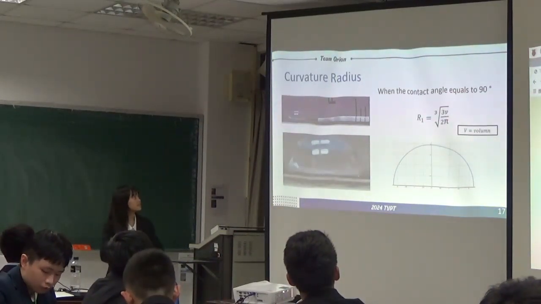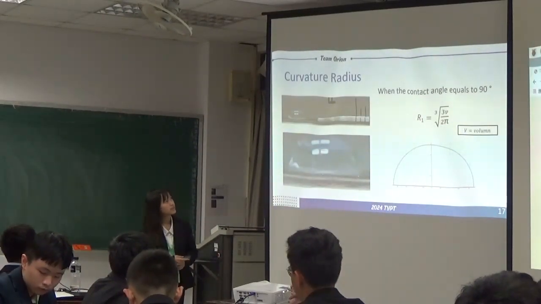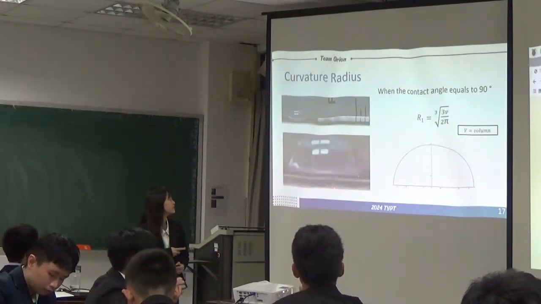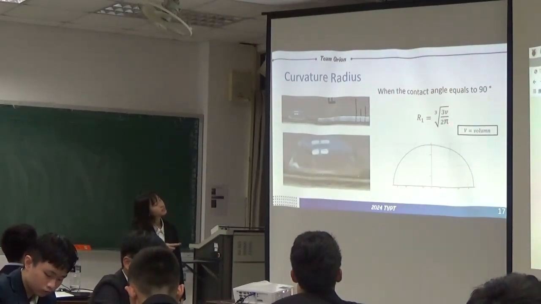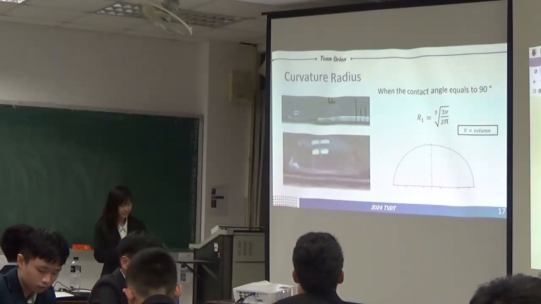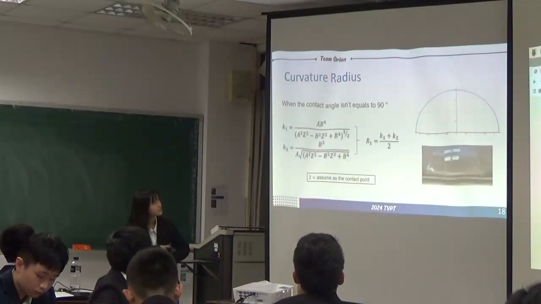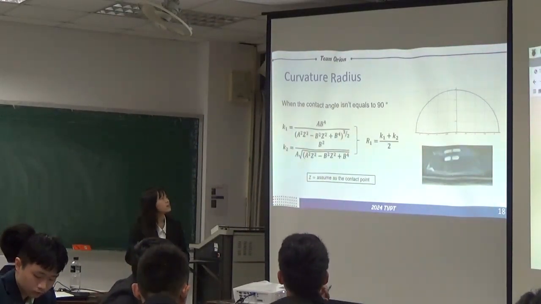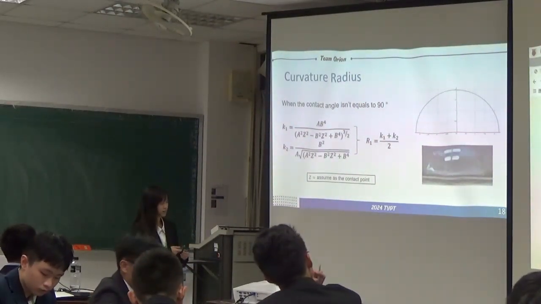So here's how we calculate the curvature radius. When the contact angle equals 90 degrees, we can use this formula to calculate the curvature radius. And when the contact angle is not equal to 90 degrees, we have to use this formula to calculate our